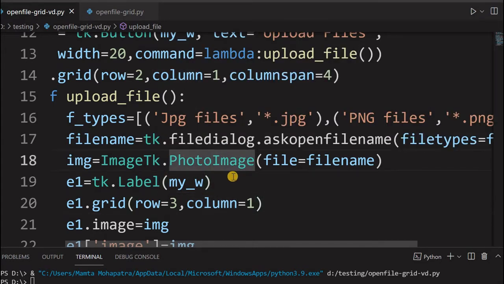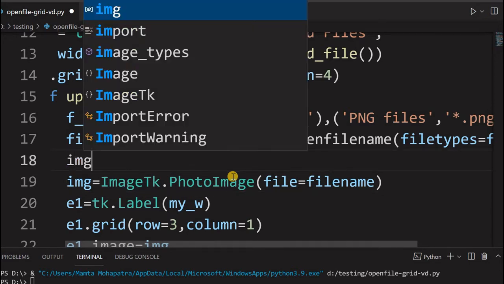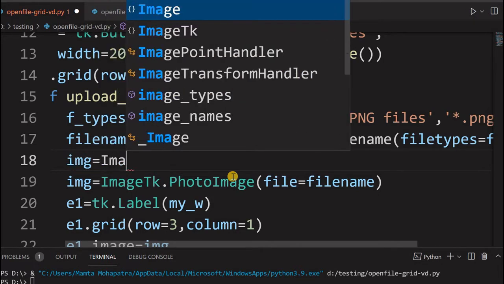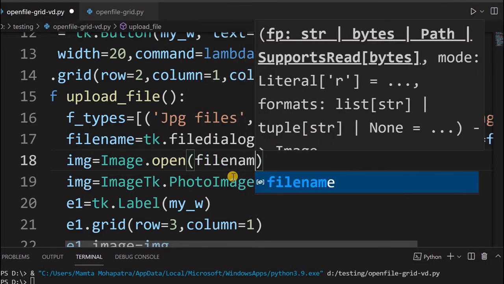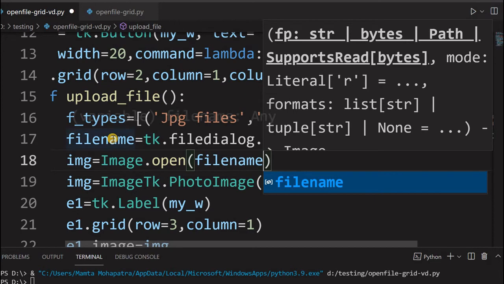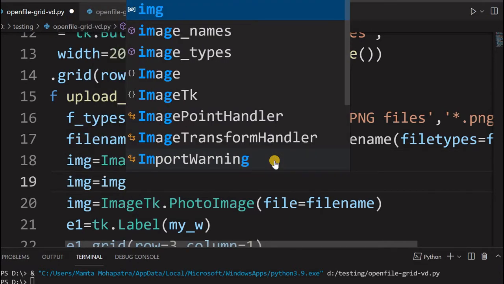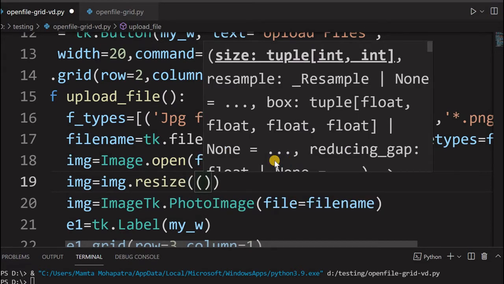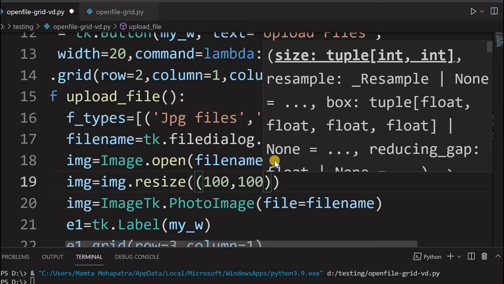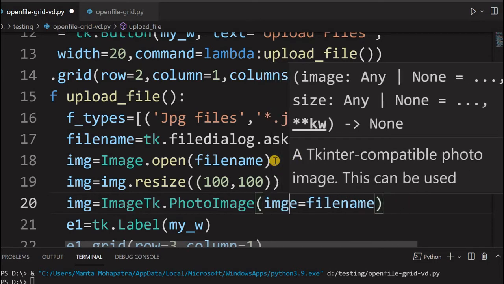For that purpose, before this line, let's first read that particular file. So I'll create img or image. Now Image.open, and what it will open is file name. This file name I have gotten from the file dialog, what the user has selected, and I am opening it. Now once I open it, I will just resize it. Image equal to image.resize. Now what size will I go with? Let me just put it 100 by 100. And then this particular image I will display. Now it's no more a file, this object I will connect.